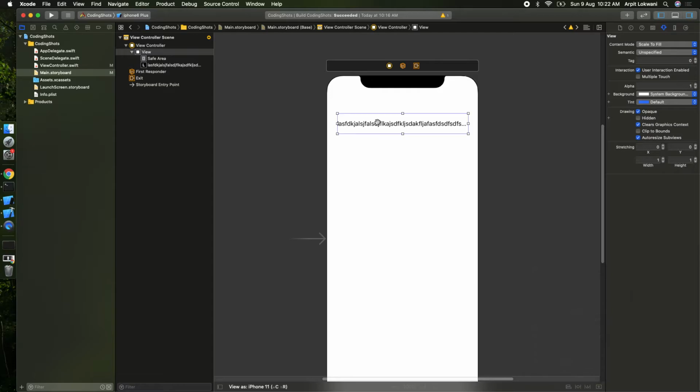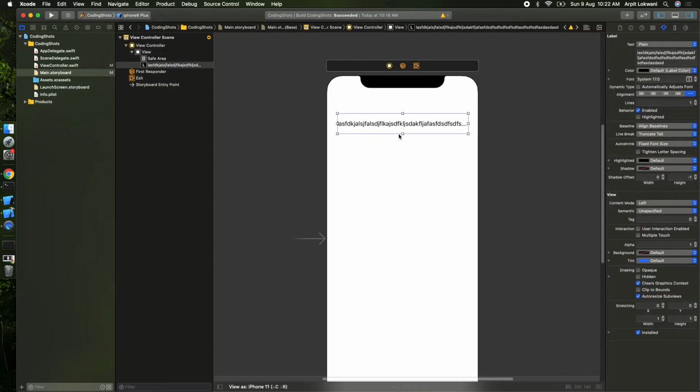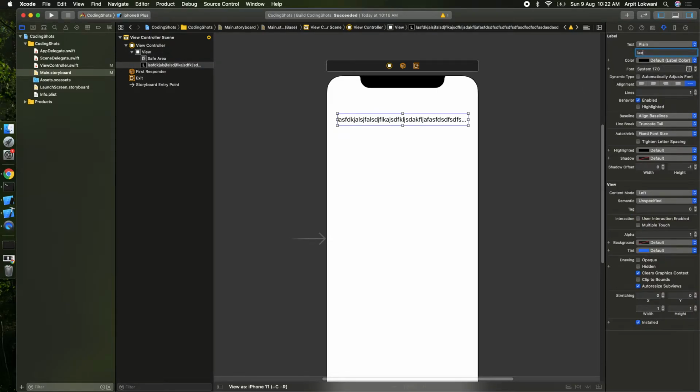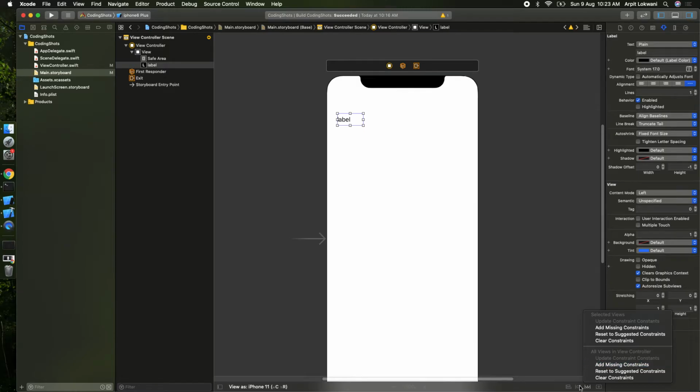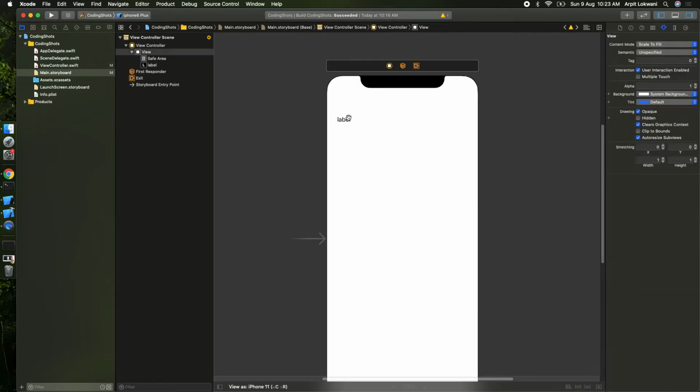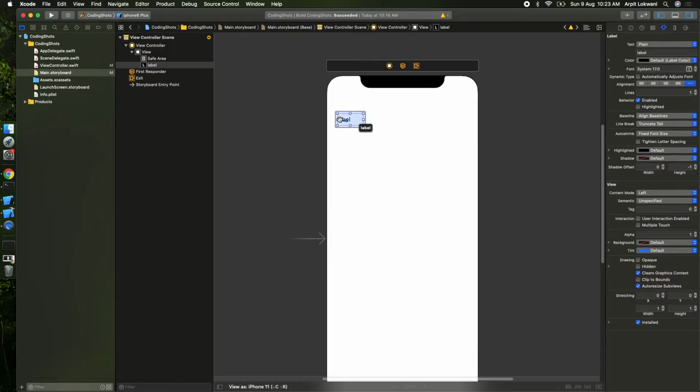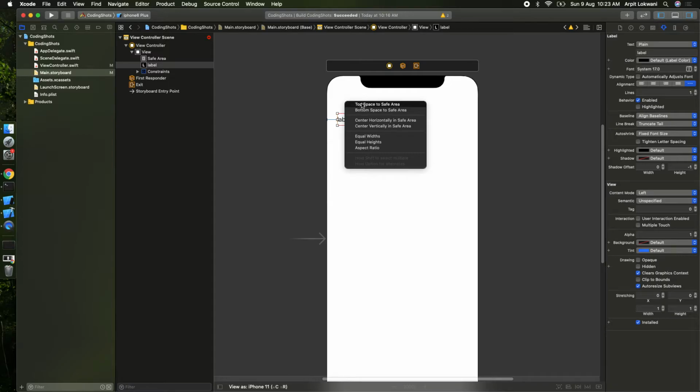Now in this scenario, what I am planning to do is first shorten the length of this. I will say label, fine. Okay, spelling is wrong. Okay, label, fine. Good. So it's a basic label which I use. I'm creating a label having some leading. You can set it from these pins, or you can set it with drag and drop, leading to the safe area, that is basic. Top also you can set, fine.